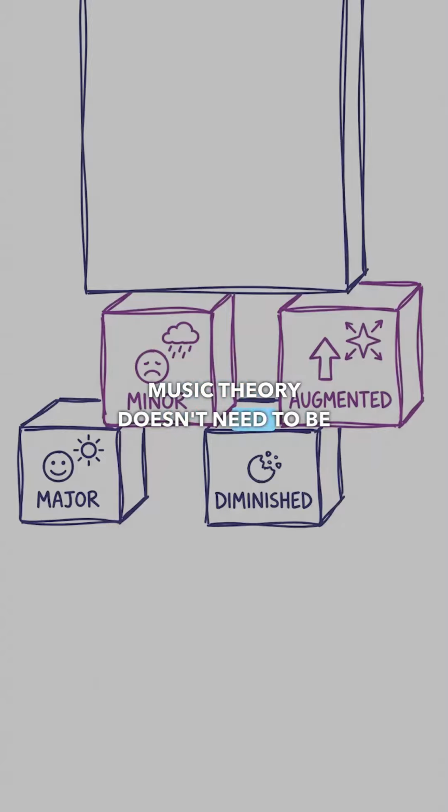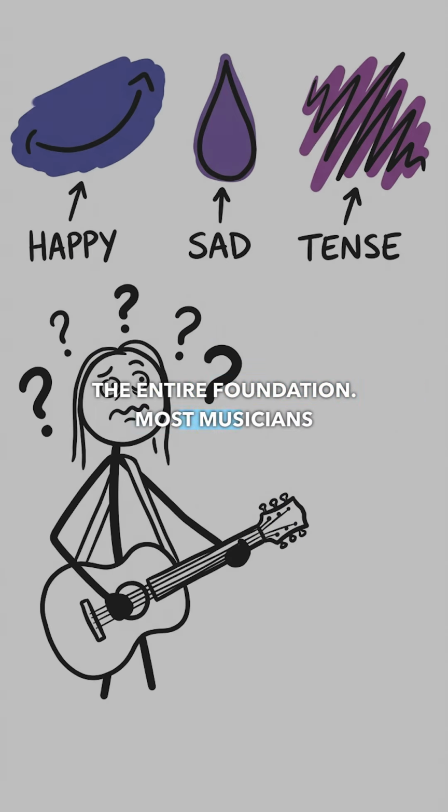Music theory doesn't need to be confusing. Most songs are built on just four chord types, and once you understand them, music stops feeling random. Major, minor, diminished, and augmented. That's the entire foundation. Most musicians struggle with chords because they don't understand why something sounds happy, sad, tense, or